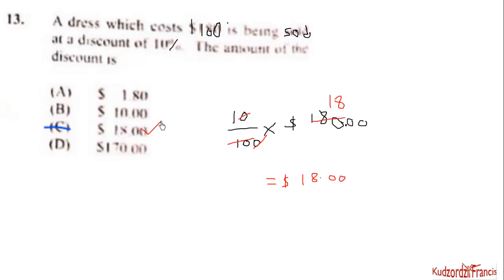$18, which is option C. A dinner at a restaurant was advertised at $60 plus 18% tax. The total bill for this dinner was, so we know the total bill will be the $60